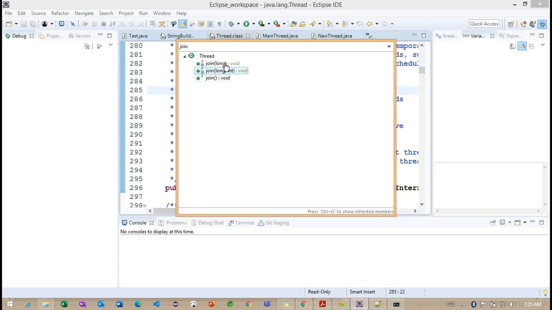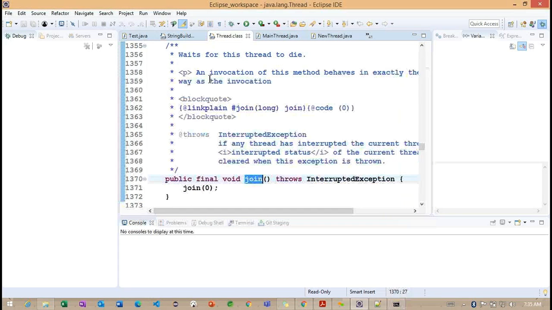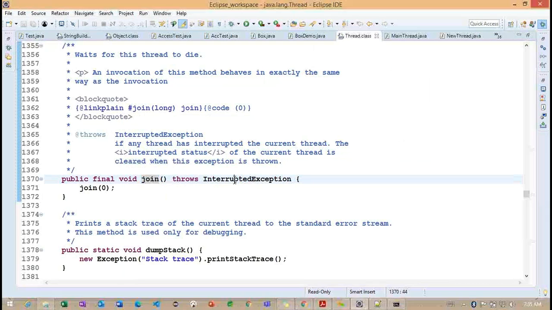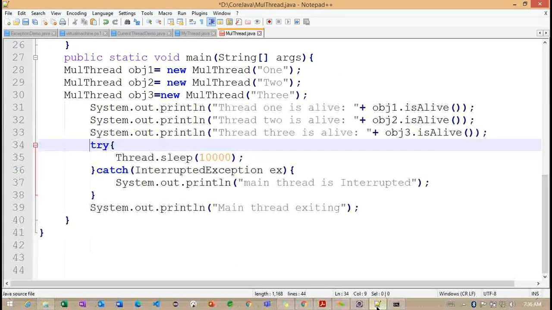Join is an overloaded method. Getting the point? Join is an overloaded method. Now again, it is trying to throw InterruptedException. So if it is throwing InterruptedException, what can we do? What is the syntax we need to follow here? This particular join method we need to define inside the try catch, or we can rethrow this particular exception here. Getting the point? Now I'm trying to handle it inside this particular